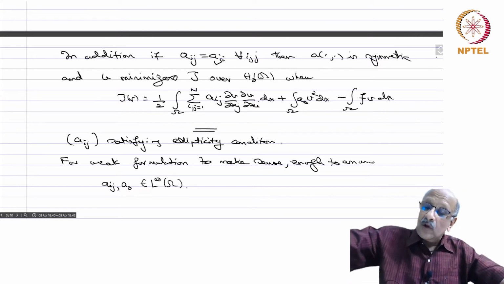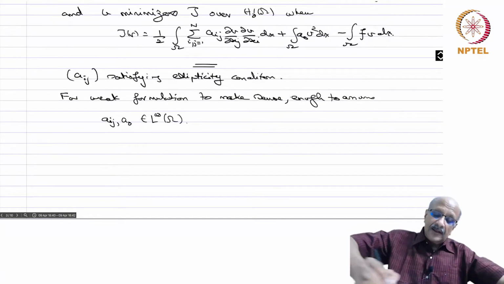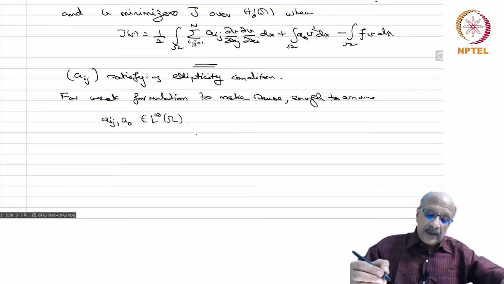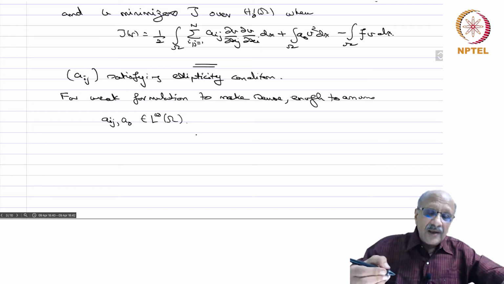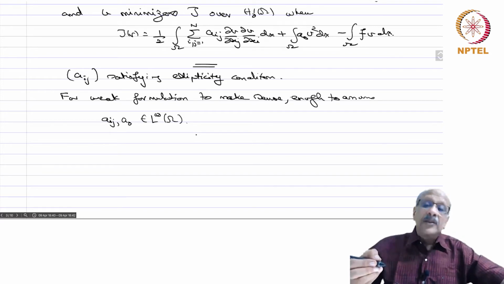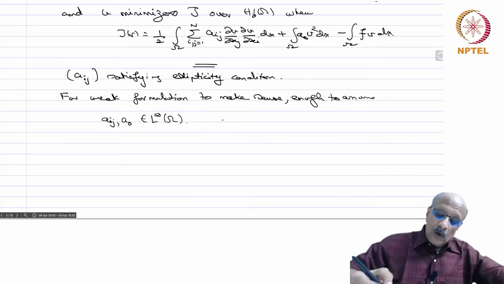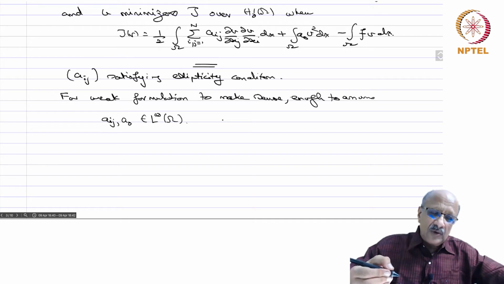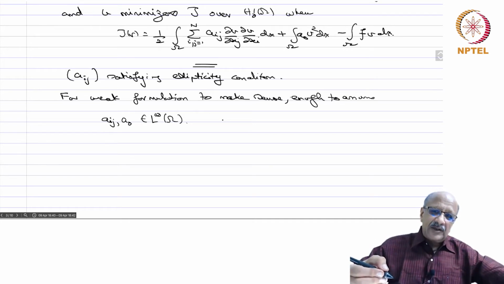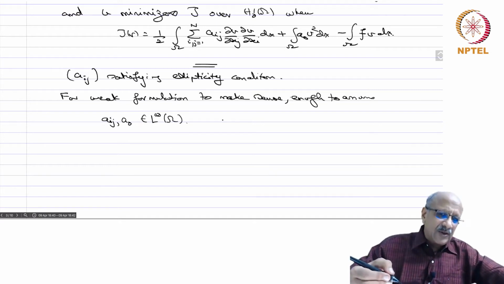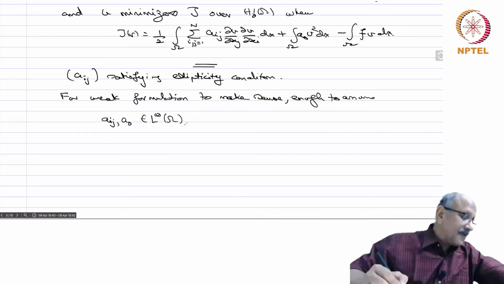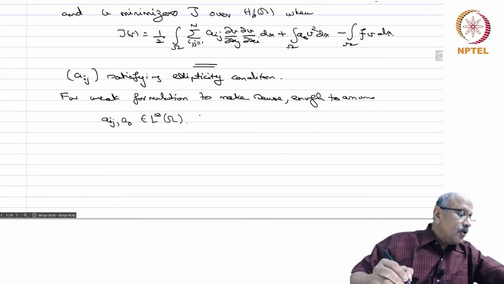So you can always suppose a weak solution, and then a regularity theorem, if you can prove it using extra properties of the Aij, A naught and of the domain smoothness, etc., then one can examine the question whether a weak solution is a classical solution or not. Okay, so weak solutions are what we will generally look for, and numerical calculations will be attempting to approximate the weak solutions only, and therefore the classical solution is a curiosity. If you have it, it's fine, otherwise it still doesn't matter. Okay, so now you consider